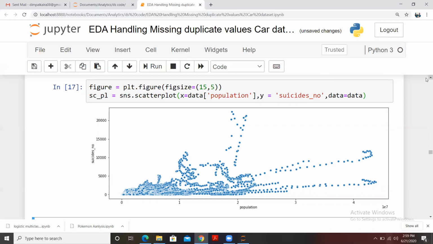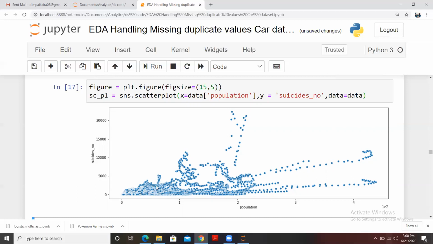What you understand? That's what we can see, that there is some relation between the population and the number of suicides. If we have a higher population, then you see the suicide rate is not just medium, just the average suicide number is going to happen. If we have the minimum population, then the total number of suicides is maximum in that case, that we can check. A lot of data points are available here.